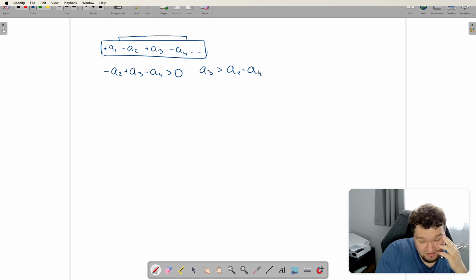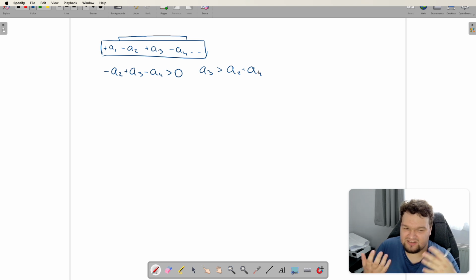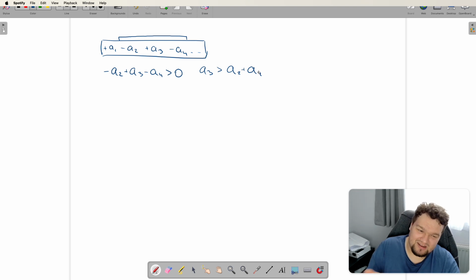But also, it should be pretty obvious that all the negative elements must be -1s, right? It doesn't make sense to make them more negative, bigger by absolute value but negative, because we want the lexicographically minimum array, so we want to minimize absolute values of elements if possible. But then